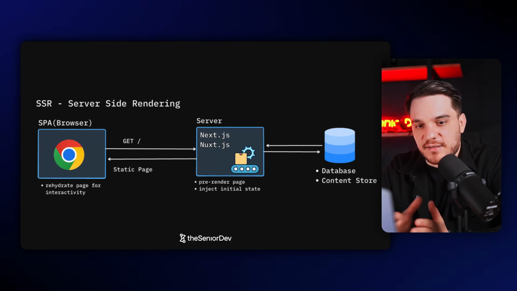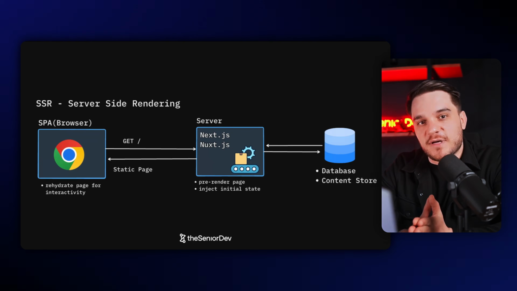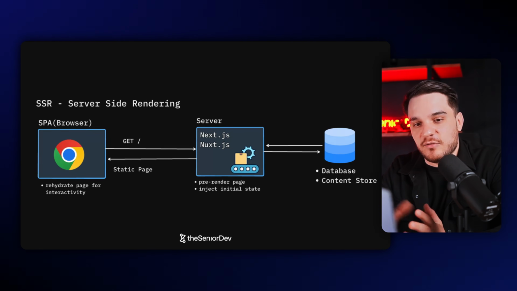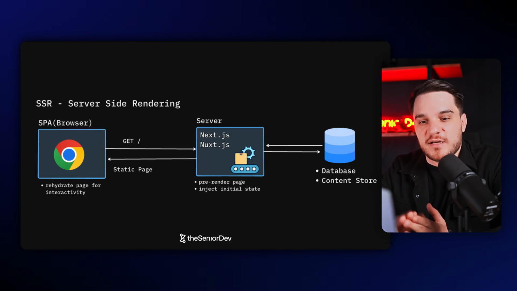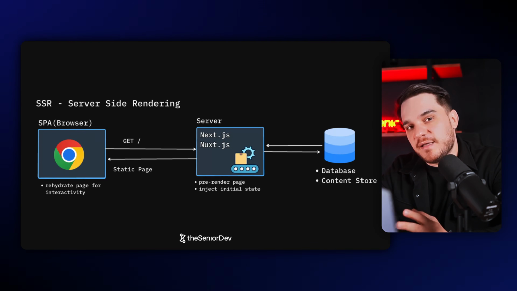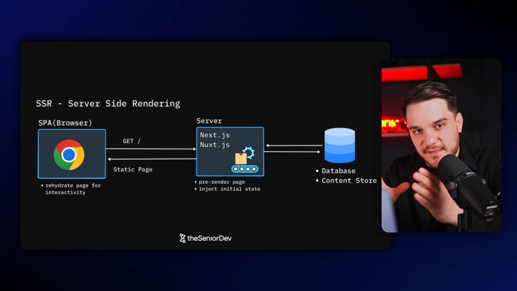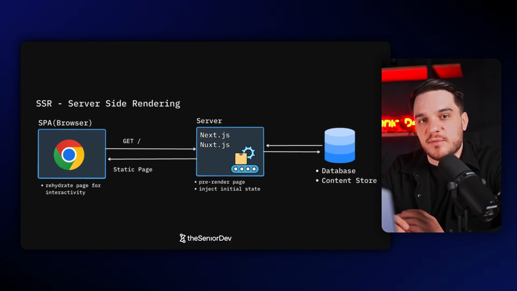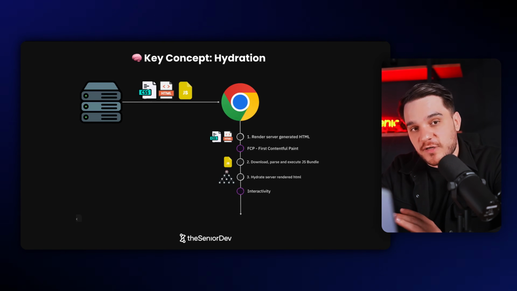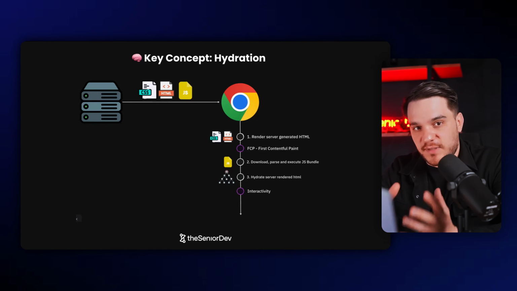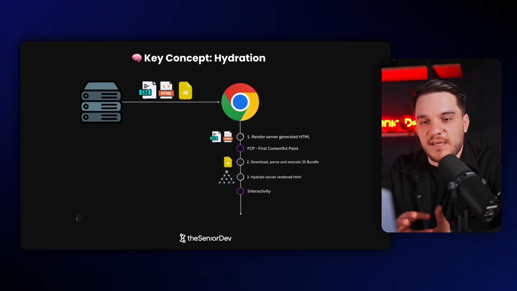They really get something. The problem here is for us to make that page interactive, there's still a lot to do. And this is what Next.js and Nuxt.js, all those frameworks kind of solve this problem of rendering on the server that initial page with the initial state and sending it pre-rendered to the browser. However, to finish the story, we'll still need to end up downloading our SPA code and somehow make our initial